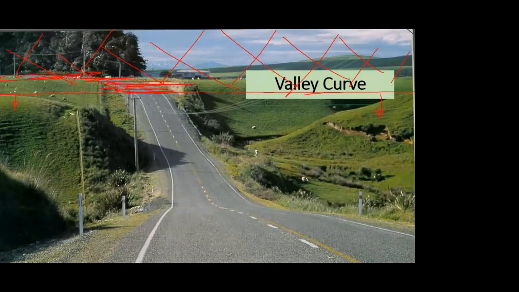So now if I ask you what you think about the sight distance, you'll say that okay, it's clearly visible even if a vehicle is coming from the opposite direction, you can see that a vehicle is traveling in the opposite direction. Now this is because if you see the gradients, you are traveling on a down gradient and the other vehicle is also traveling on a down gradient, but for you it's an opposite gradient or up gradient. So obviously there is no issue about the sight distance in this case. Okay.